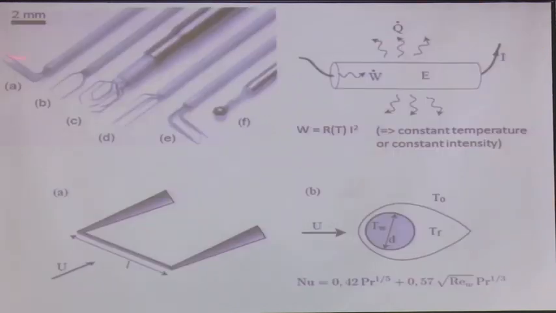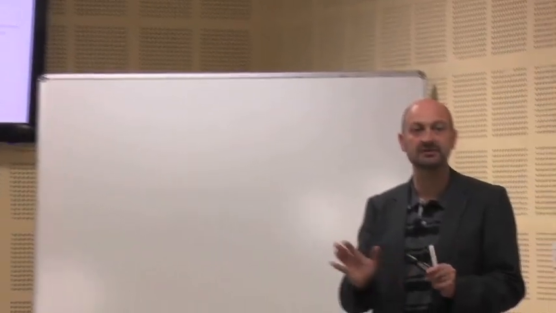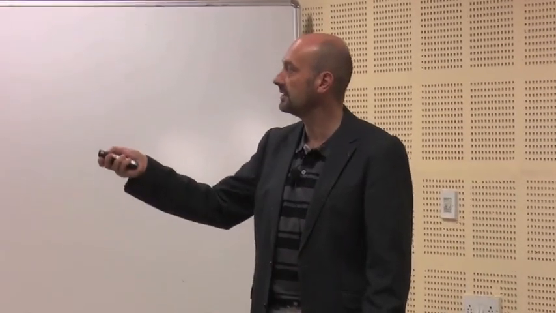So these are different probes. Some of them measure only one velocity component. Here you are going to measure the three. And depending on the ideas of the people who develop this technique, you may think that if the probe is just facing the flow, or oriented like this, you are going to disturb the flow less. So there are different designs of these probes that you can see here.